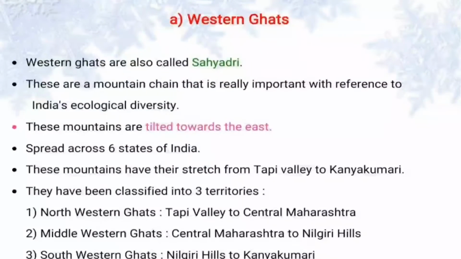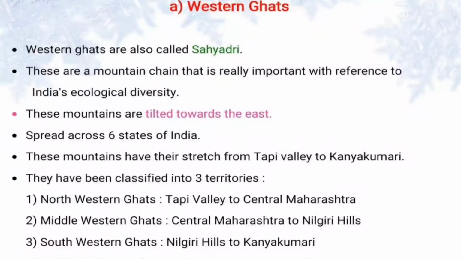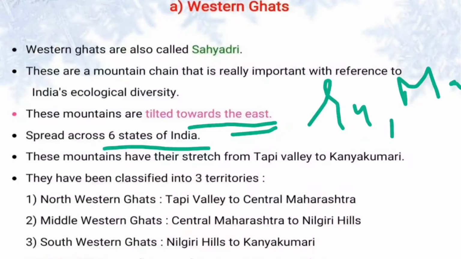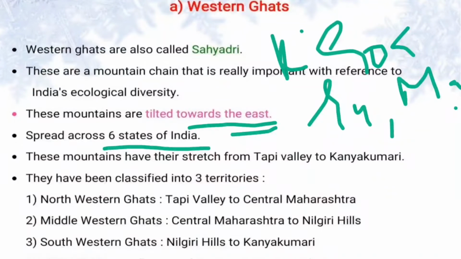Now the Western Ghats. Western Ghats are also known as the Sahyadris. These mountain ranges are rich in biodiversity, and the Western Ghats are one among the biodiversity hotspots of India. Now, these mountains are said to be tilted towards the east, and this tilt is due to the Himalayan uplift. Now, these Western Ghats are spread across the 6 states of India, which include Gujarat, Maharashtra, Goa, Karnataka, Kerala,